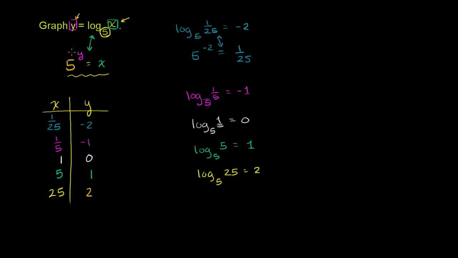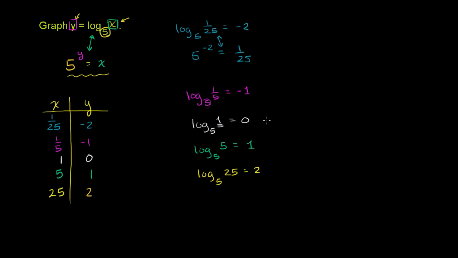So I kind of took the inverse of the logarithmic function. I wrote it as an exponential function. I switched the dependent and independent variables so I can derive nice clean x's that will give me nice clean y's. Now with that out of the way, I do want to remind you, I could have just picked random numbers over here, but then I would have probably gotten less clean numbers over here. I would have had to use a calculator. The only reason why I did it this way is so I get nice clean results that I can plot